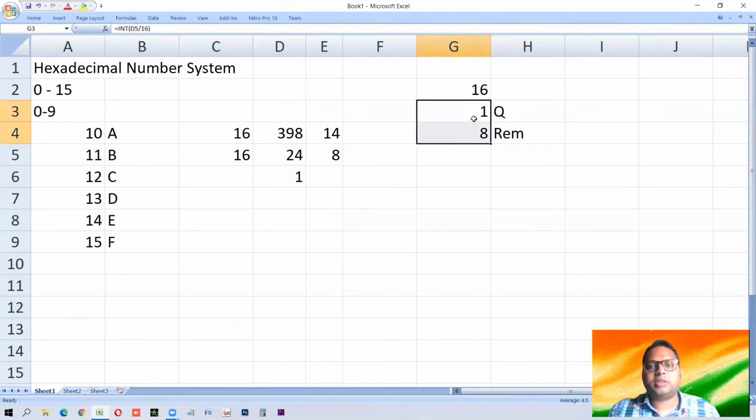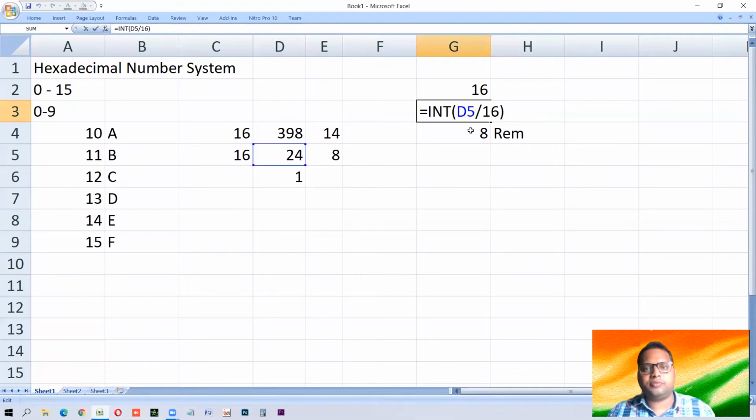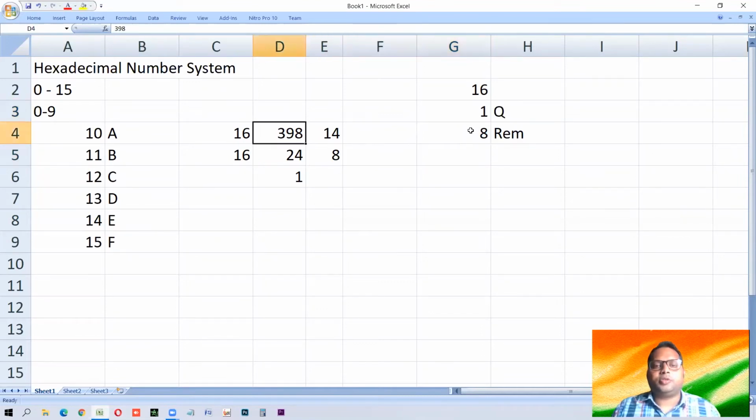So this is not necessary to use. If you are good in maths and all, then you can do it by yourself. You don't need any calculator or these formula functions. For the sake of simplicity, accuracy, and speed, we have used this. Now this cannot be further divided, so we have this as our result.